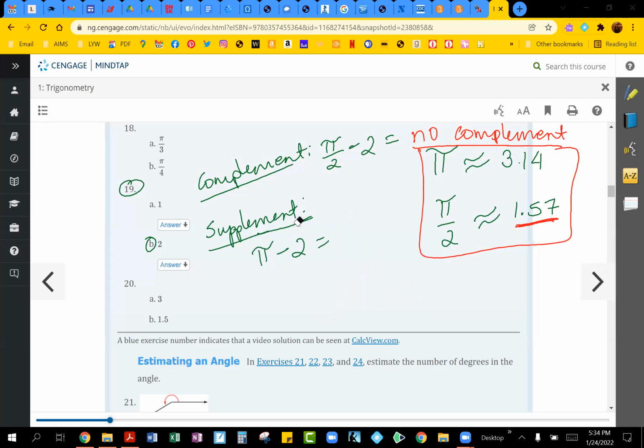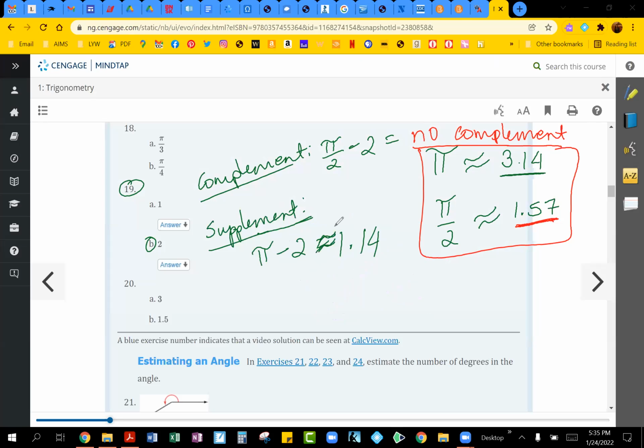So there's no complement, but however, we can find a supplementary angle because supplement is at pi minus 2, and you know pi is 3.14, so we do have room for a supplementary angle. So that would, of course, like you guys came up with, give you approximately